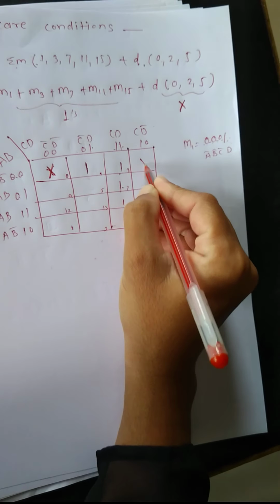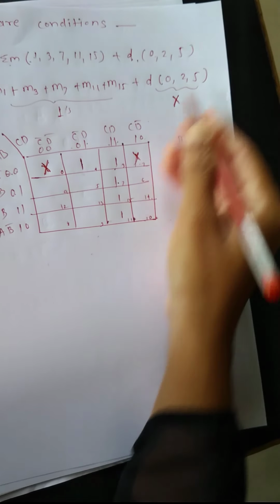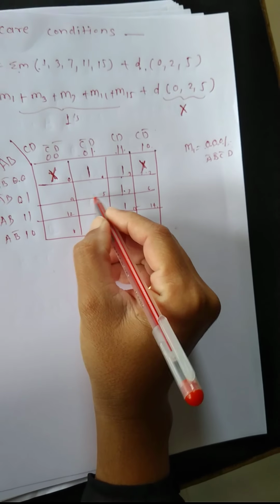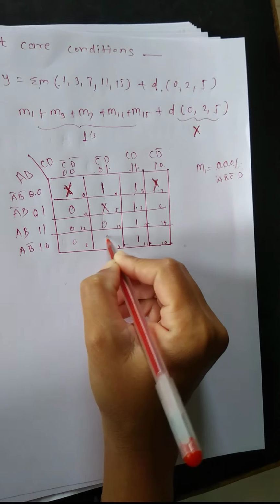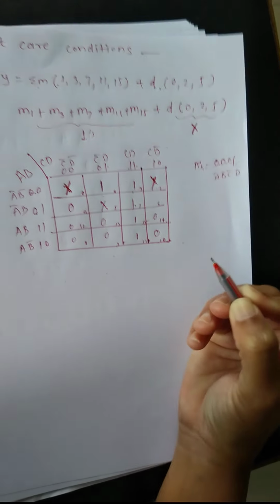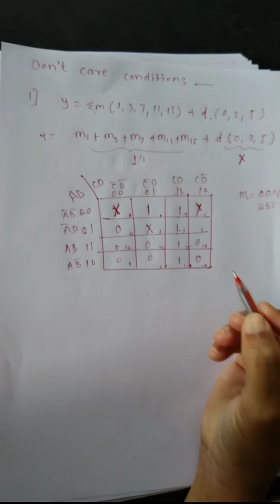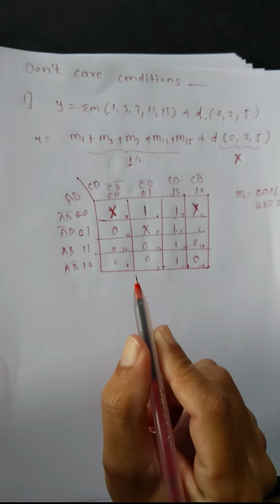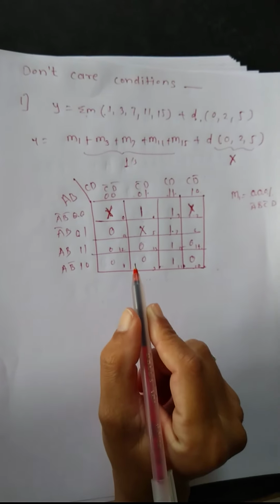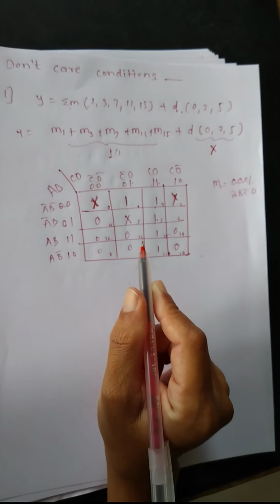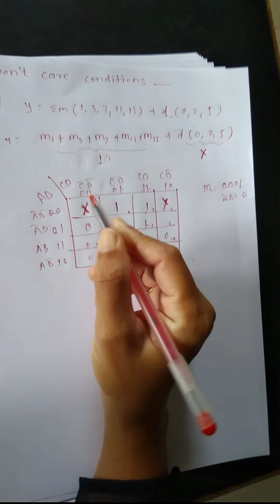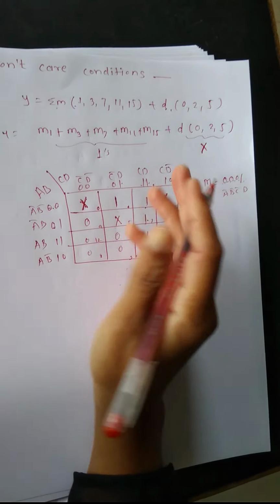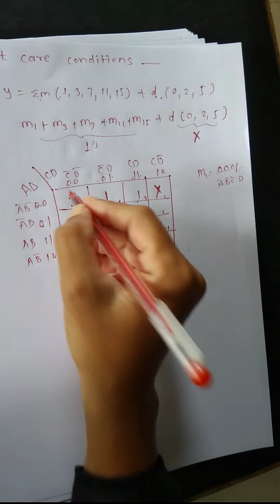Next 2 here. 2 means the number represents 0 0 1 0. So here cross. 5 means 0 1 0 1. So for this cross as a 0, and the remaining boxes we enter as a 0. As per need of simplification, you have to consider the don't care condition as a logic 1 and logic 0. You have to group that as it is SOP when we solve that K-map for the SOP.